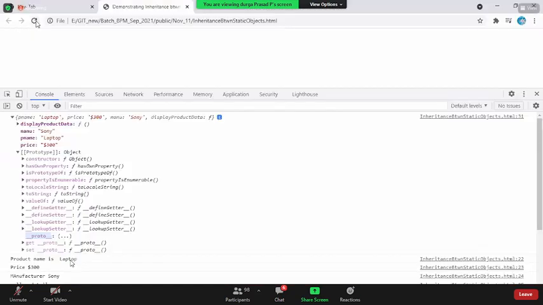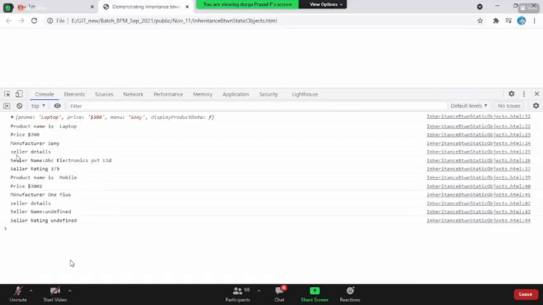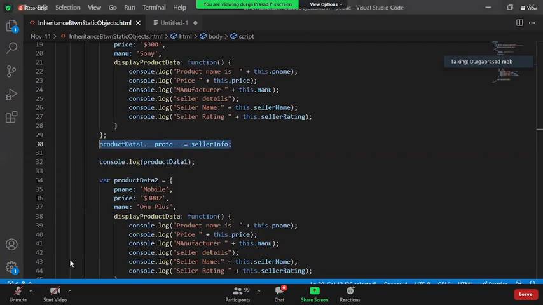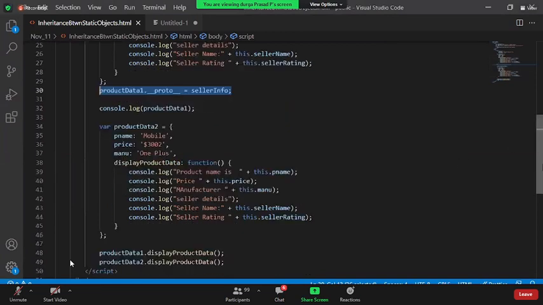Now, if you reload the page and go into the console, can my product one access the seller name and rating? Yes. Can product two do that? No. Why so? We are not increasing the capability of product two to inherit the seller data.